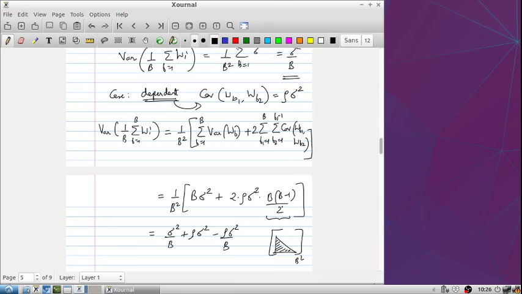I could have put both terms in one, I just separated them out, and you can see here that